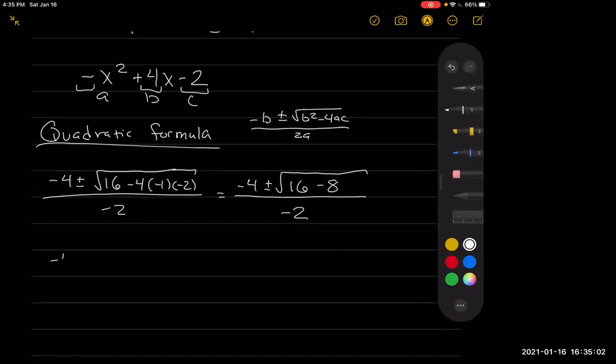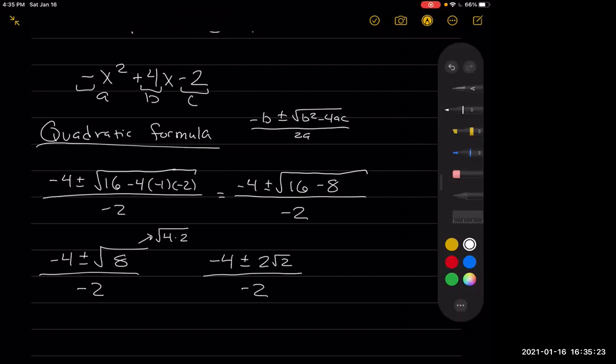So then this becomes -4 plus or minus the square root of 8 all over -2. I'm going to factor this 8. I'm going to rewrite it as the square root of 4 times 2, because I know the square root of 4 is 2. So that'll let us rewrite this as -4 plus or minus 2, the square root of 2,